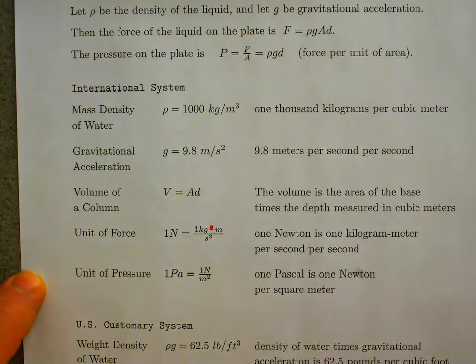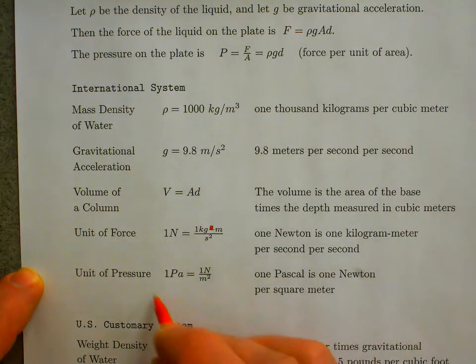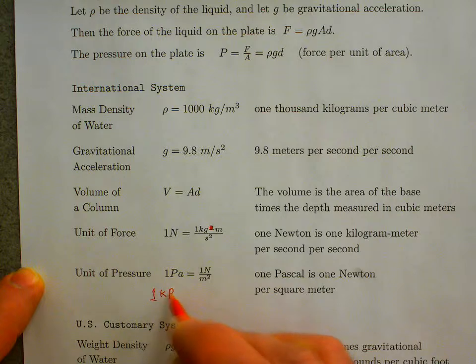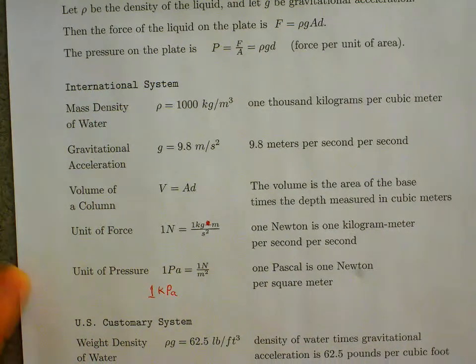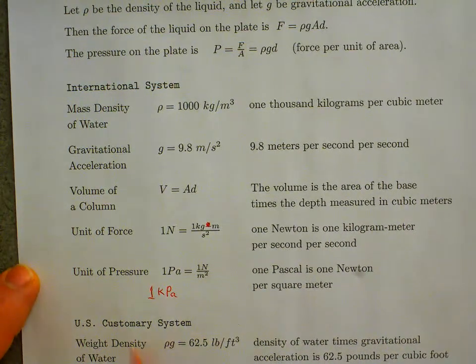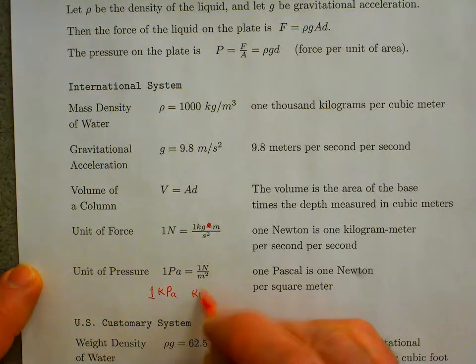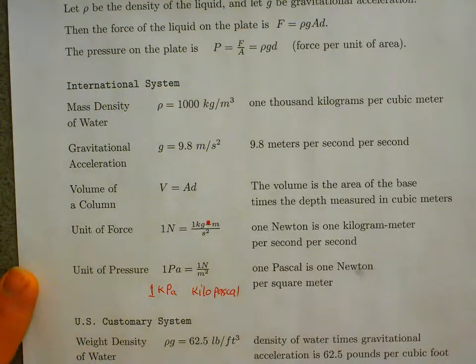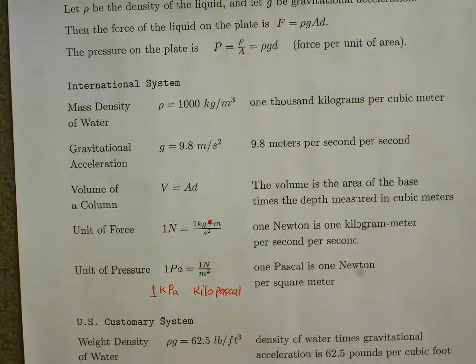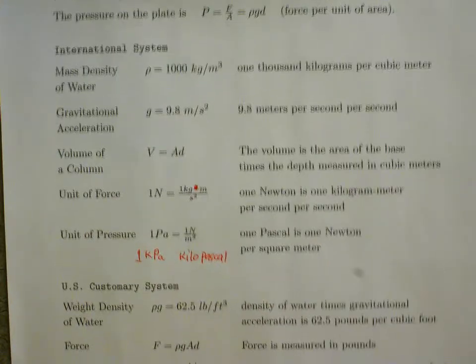So a kilopascal is just 1,000 pascals. So kilopascal, unit of pressure. Okay, in the US customary system,